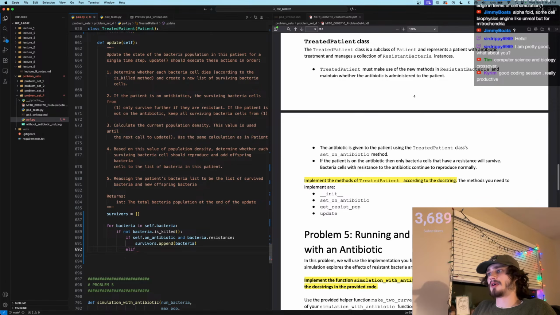If you're on antibiotic and the bacteria is resistant, then you're going to append. If you're on antibiotics and the bacteria is not resistant, you're going to continue. If you're not on antibiotic,